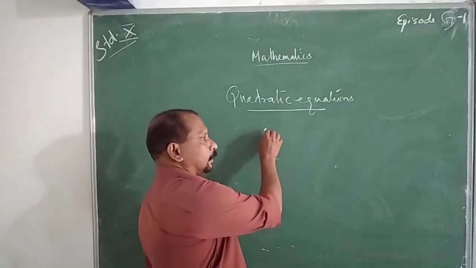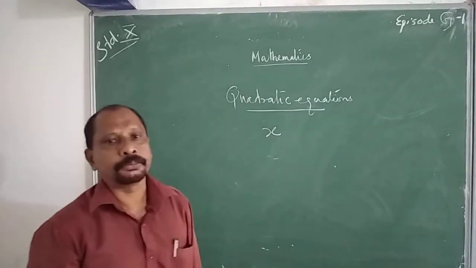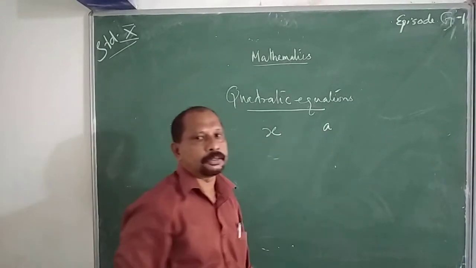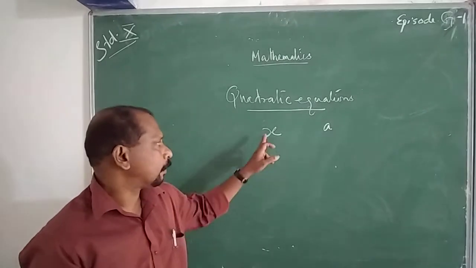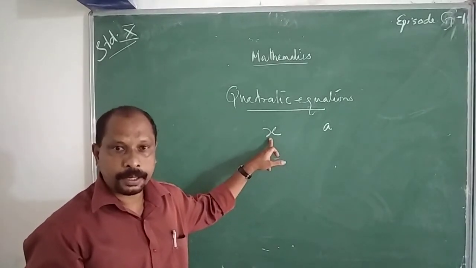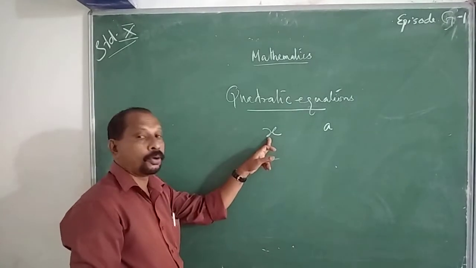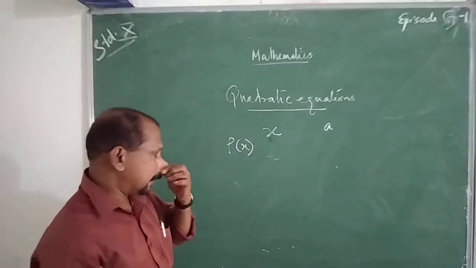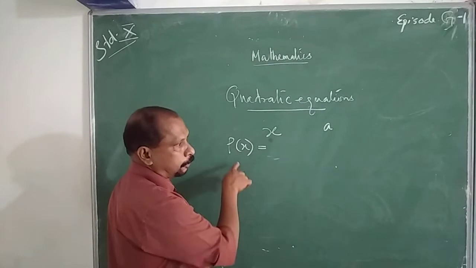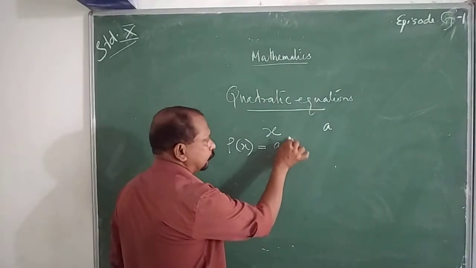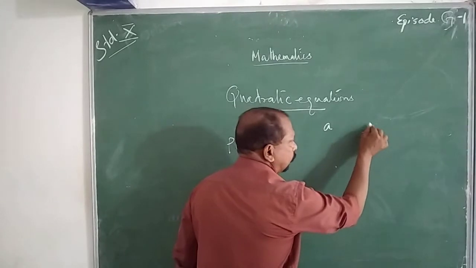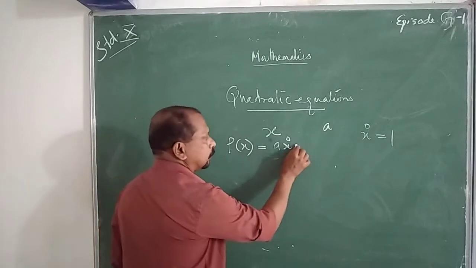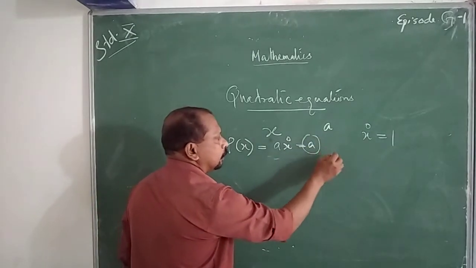Then let us consider a variable, that is x. x takes different values, but a constant is a fixed value. Then there are several values for that variable x, and also we know the polynomials, that is p of x is a polynomial, that is in the second chapter. The general form of that polynomial is a x raised to 0. Any number raised to 0 is 1. Therefore, that is equal to a.